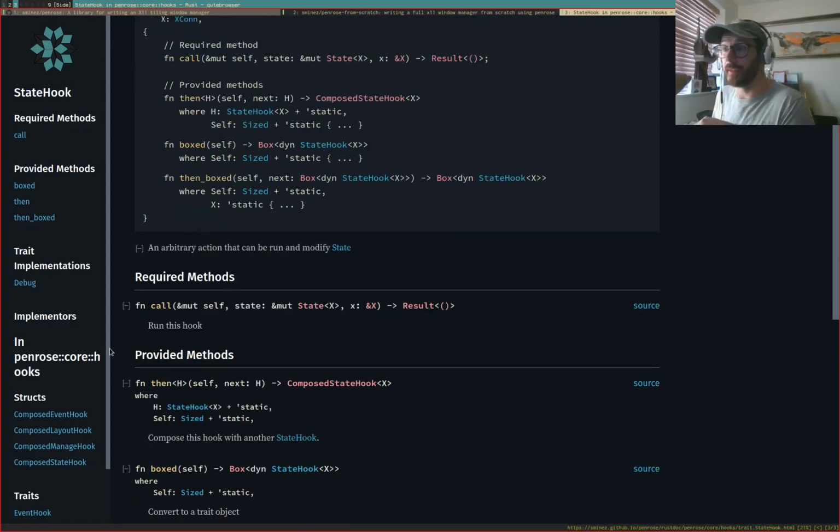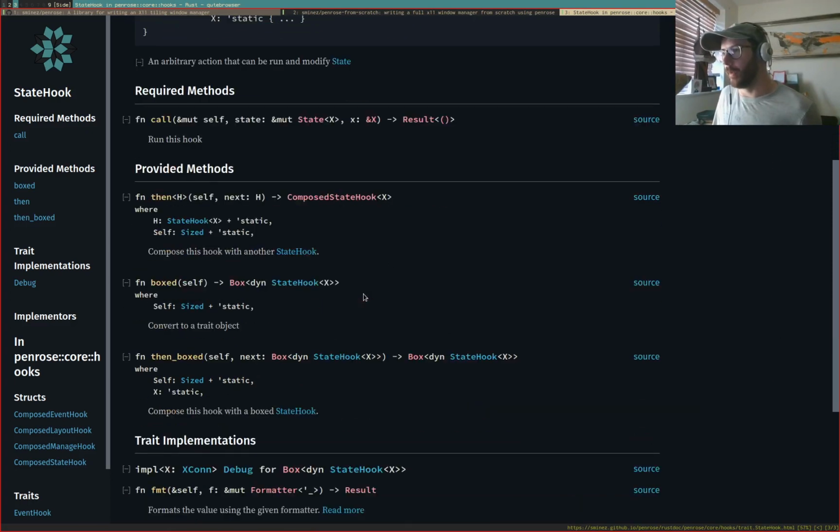It tells you required methods and provided methods. So provided methods are things that, if you tell me how call works, I can then implement these ones for you. You can override them if you really want to, but most of the time you just leave the provided methods as is. You just need to implement the required method. So there's only one required method. But if we scroll down, we are